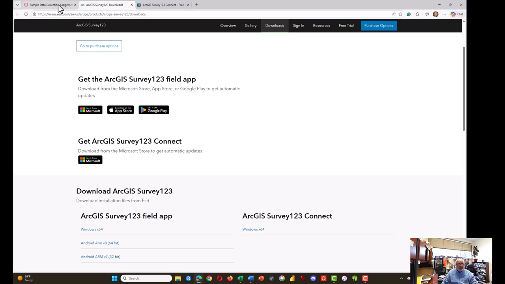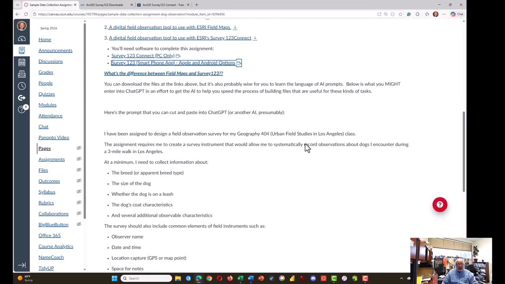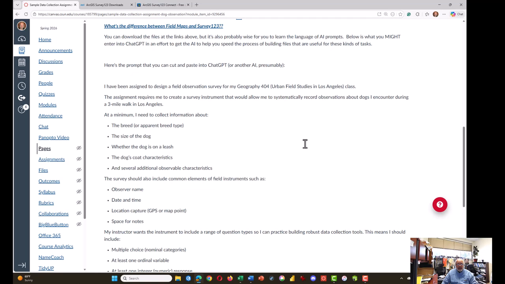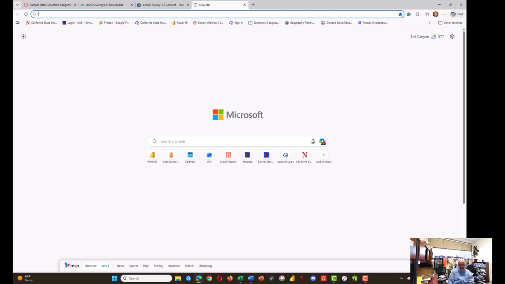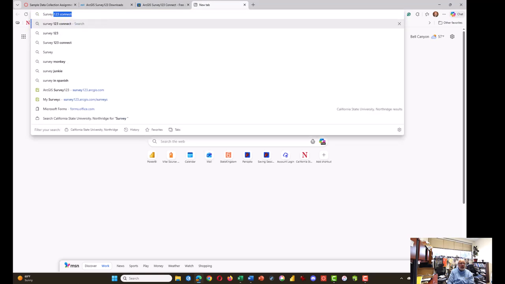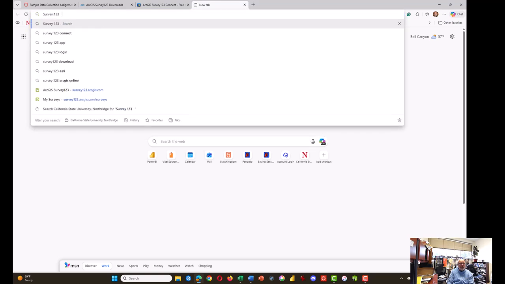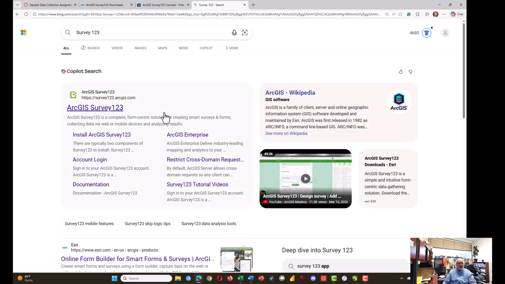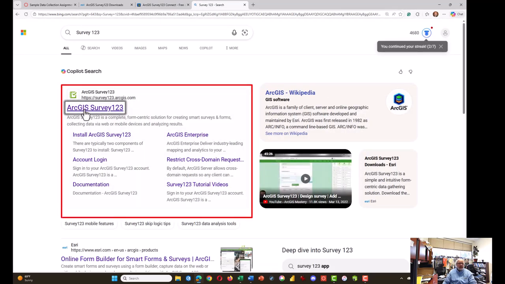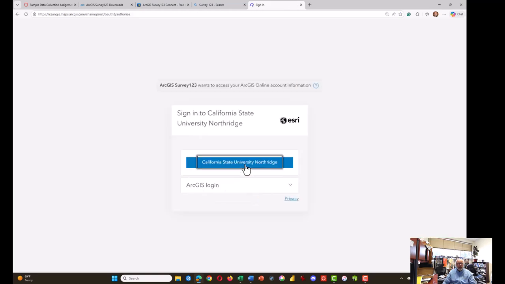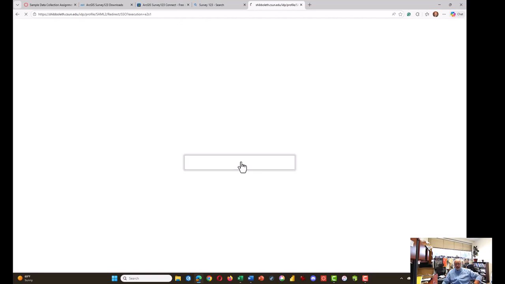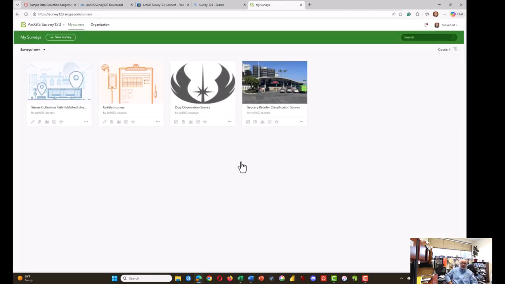So how do we do this? Well, I'm going to walk you through this, and we'll see what we get. So the first thing I'm going to do is add a new tab here, and I'm going to simply type in Survey 123 without the connect, and that's going to bring us to ArcGIS Survey 123, and you know the routine here. One needs to log on and probably deal with Duo push most of the time,